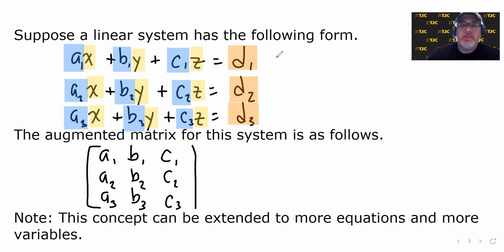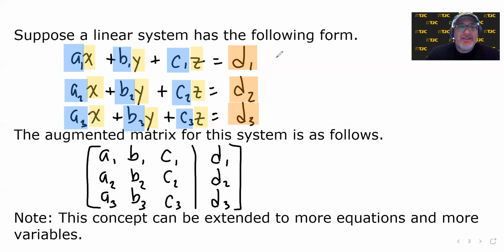It's what I call an augmentation bar, to separate it from the last column, which represents the d's, the constants, D1, D2, and D3. So the only thing that makes this matrix augmented is that we have augmented a fourth column that represents the right side of the equations, whereas the left side of the augmentation bar represents the coefficients